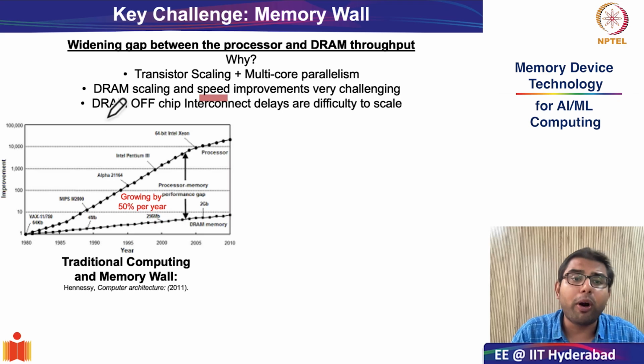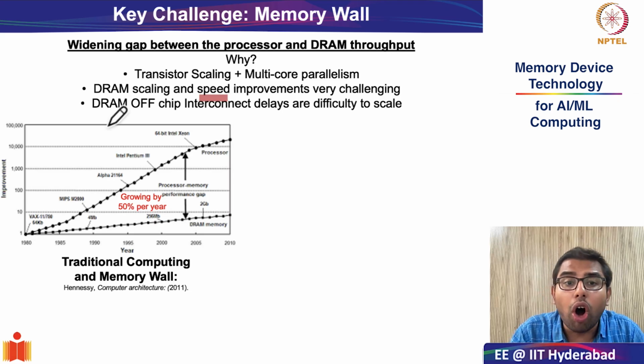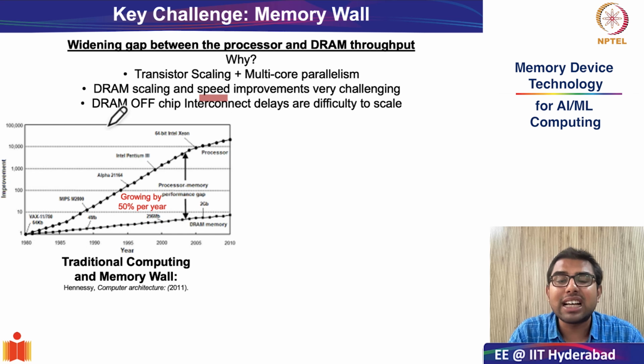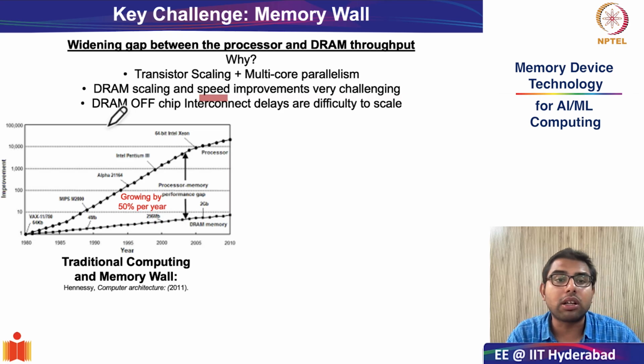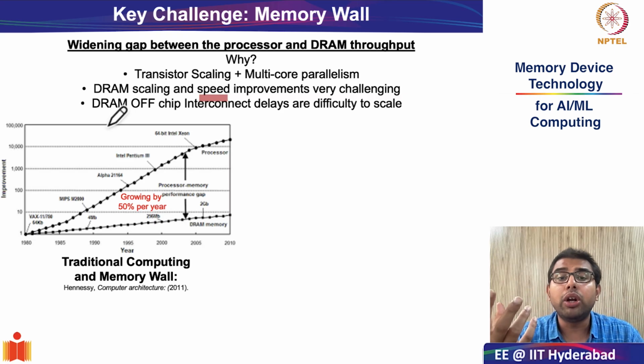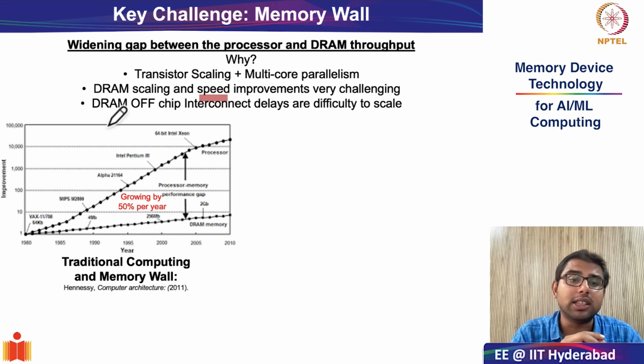The third important point is to recognize that DRAM is the first off-chip element, and the moment you have off-chip elements, as we have been discussing, latency becomes a big issue because of the interconnect parasitics and delays. So you have two separate chips. The wires that connect the two separate chips will have their own delays due to parasitics, and these have also been very difficult to manage.